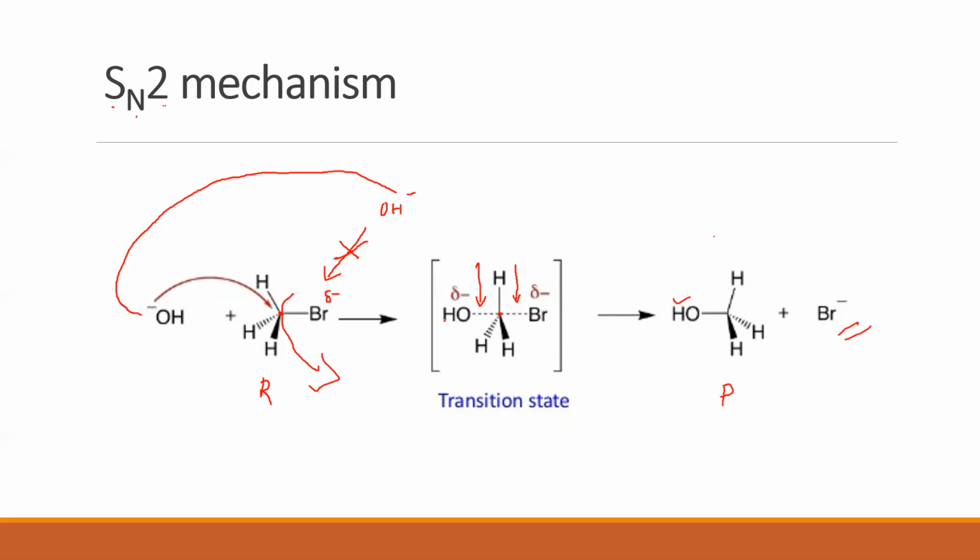So if OH minus or any nucleophile has to drive out the halogen during the course of this reaction, what should it be? It should be stronger than the halogen that is already bonded. So is this point very clear? Yes. Then let's look at the product that is obtained. Now I want you to observe the reactant and the product.